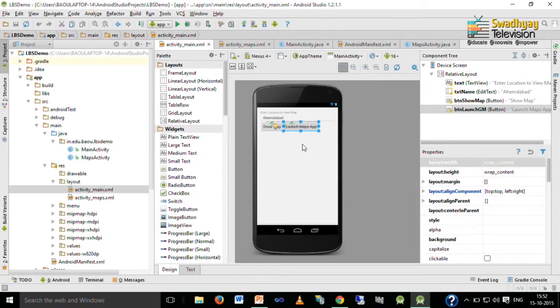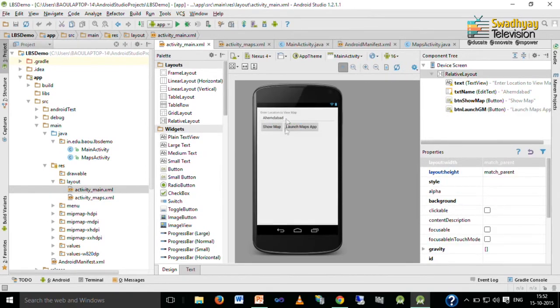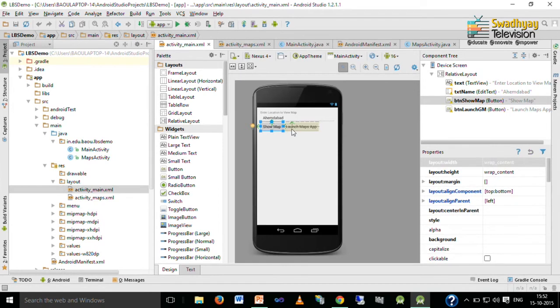You can download that application from Google Play Store. In this interface there are two buttons: the first launches our MapsActivity and the other launches the inbuilt application.